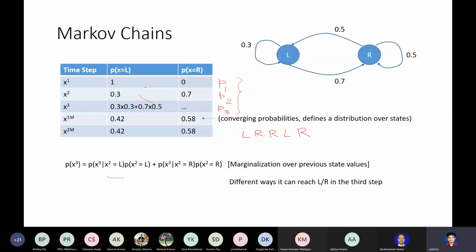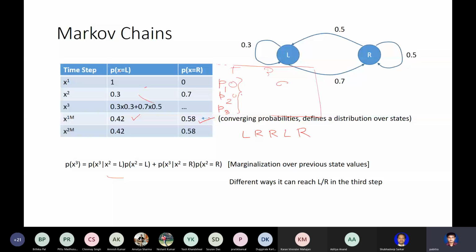So if we had more states, there would be more terms, say top, bottom, and there will be more probabilities. Say 0.2, 0.1, more probability. So basically each row is a distribution over different states. And this distribution is evolving with time. And what we will see is that if we have simulated for a long enough time, these probability values would kind of converge. They would stay the same.